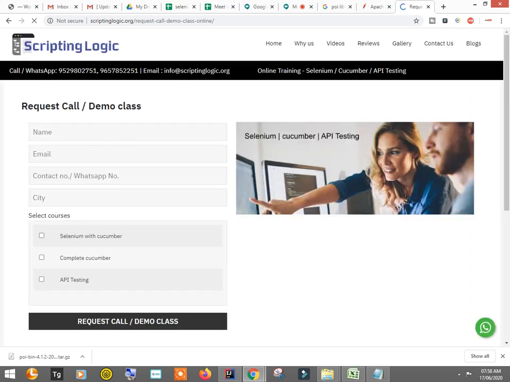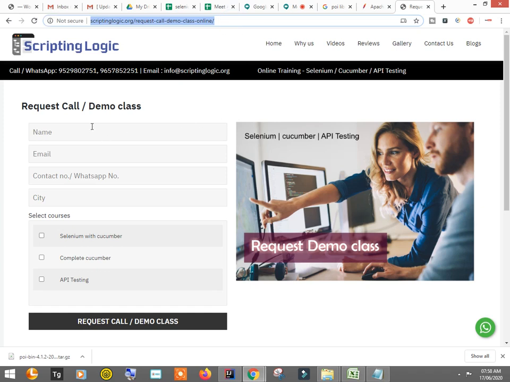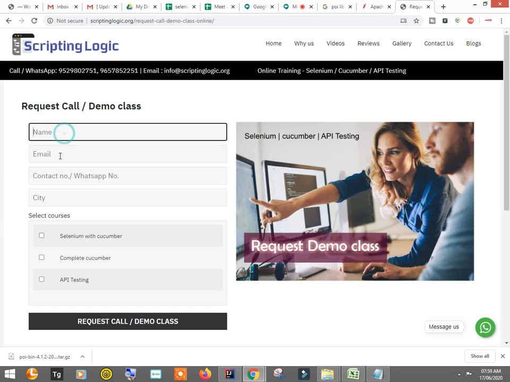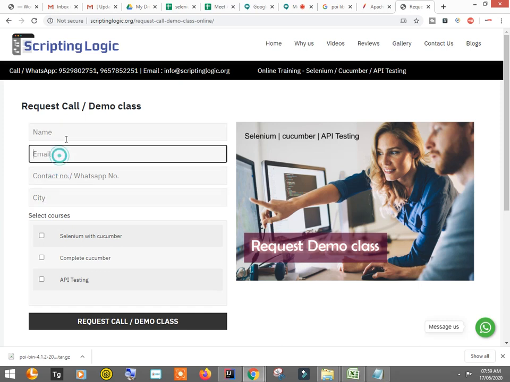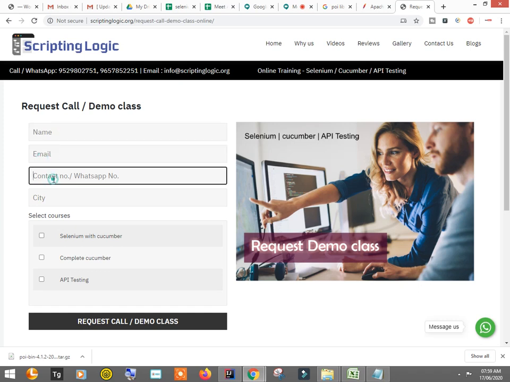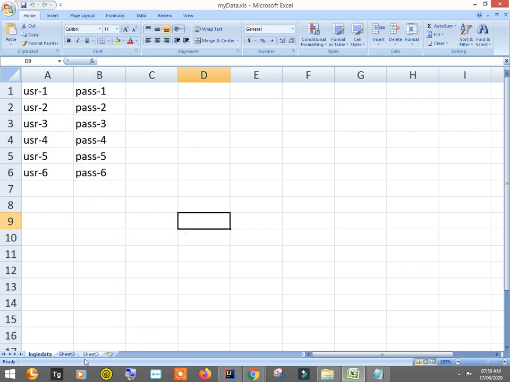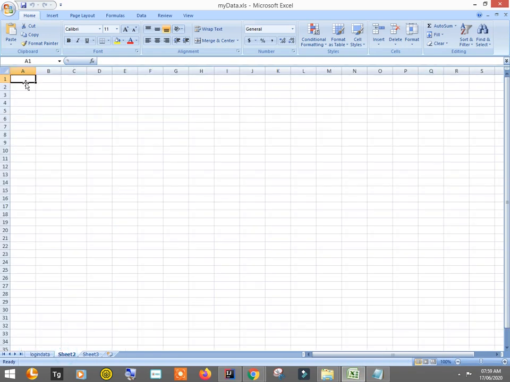So what we will do is we will open this URL, and here you will find there are four text boxes, and we will fill these up with the help of data provider. So this is name, email, contact, and city. These are the four text boxes. I'll use the same Excel sheet, and I'll use sheet two.